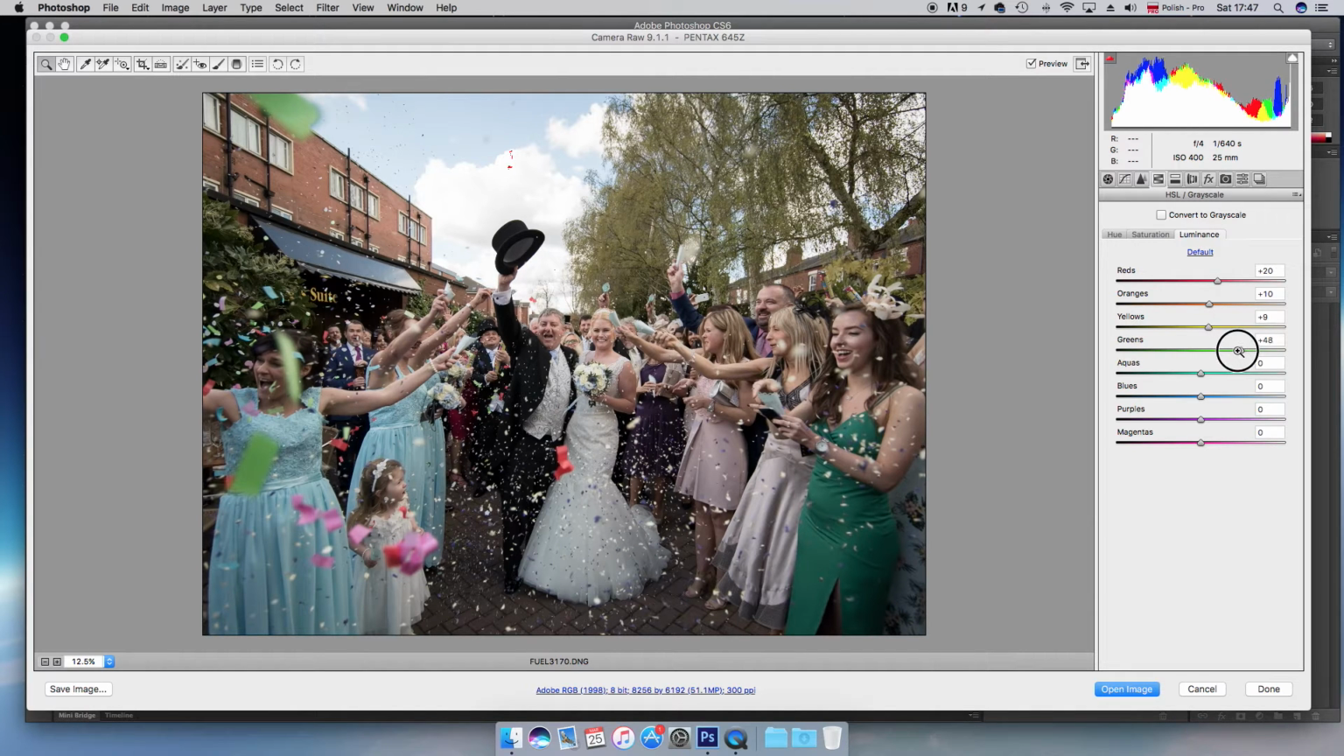When editing hue, saturation and luminance, I like to play with each slider just to see what effect it has on the image. Obviously the yellows, the reds and the oranges would affect quite a lot of the skin colours and tones. The blues and the greens would affect everything else around, also the dresses,